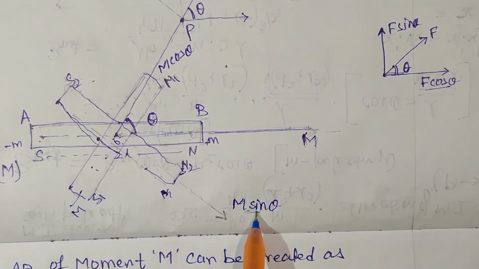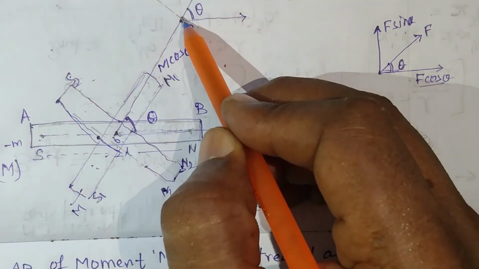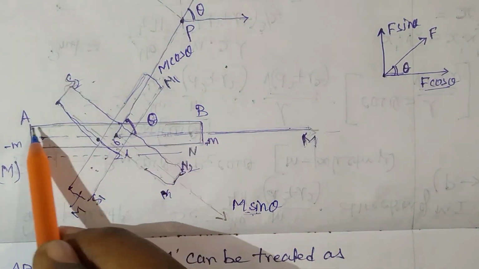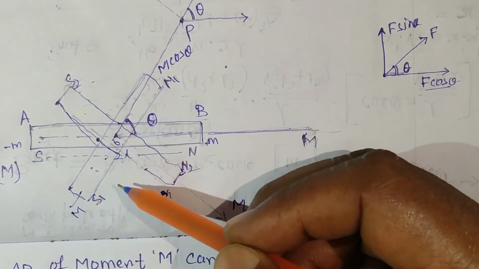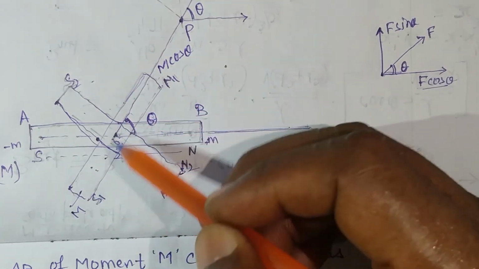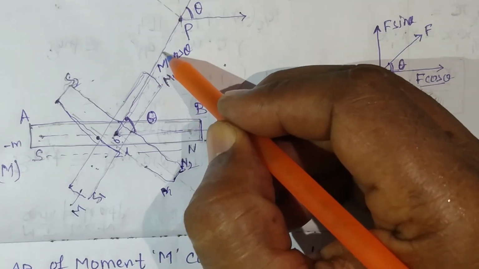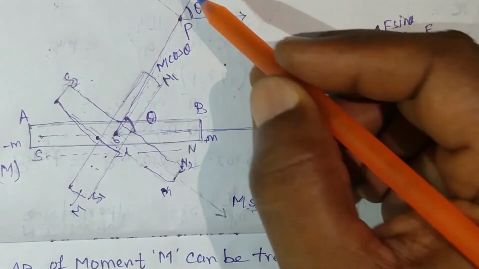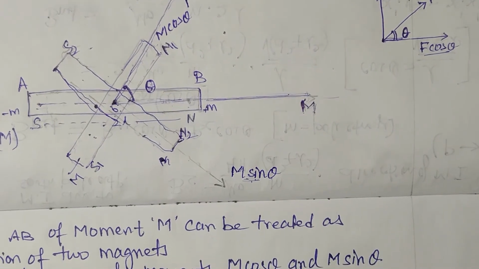Now to calculate the magnetic induction at this point due to this bar magnet, we considered that it is a combination of two magnets. Now you see this magnet, this is the center and this is the axial line of this bar magnet. So earlier we calculated the magnetic induction at a point on the axial line.